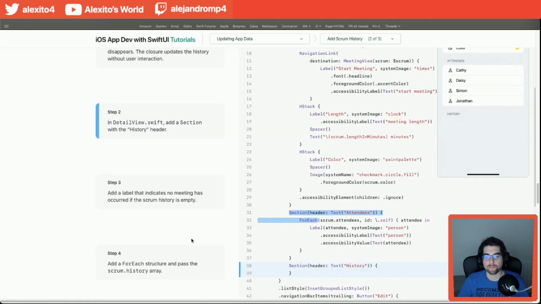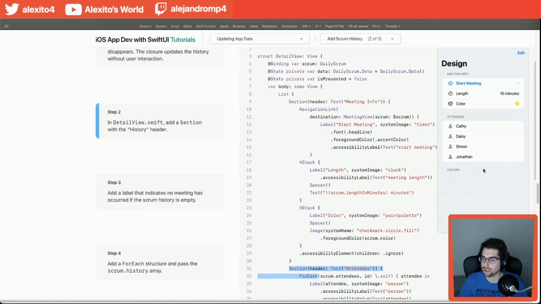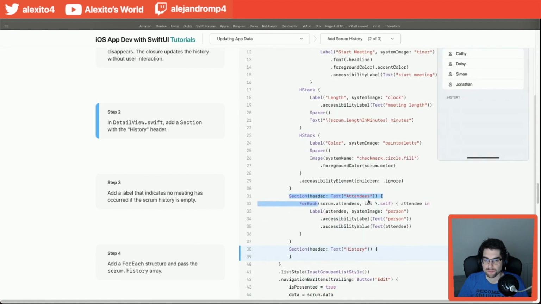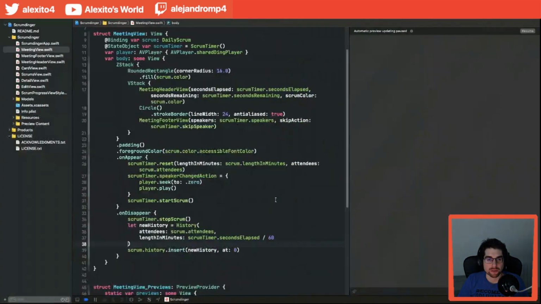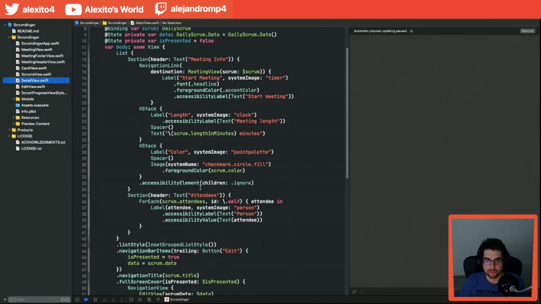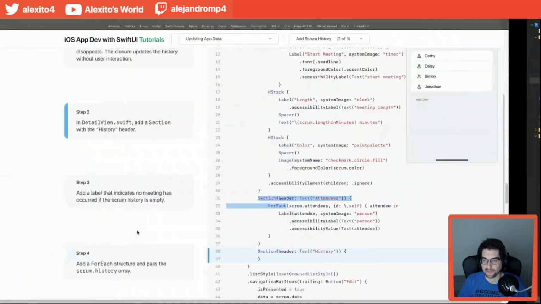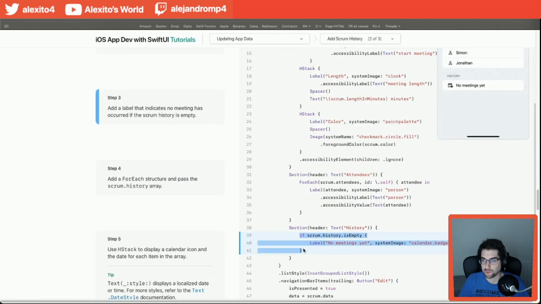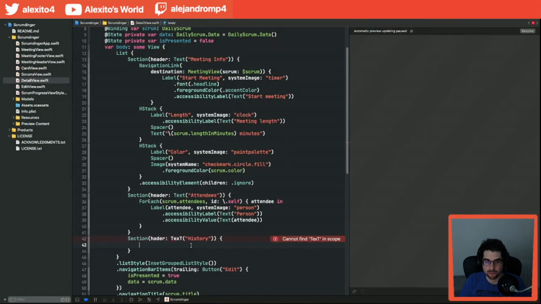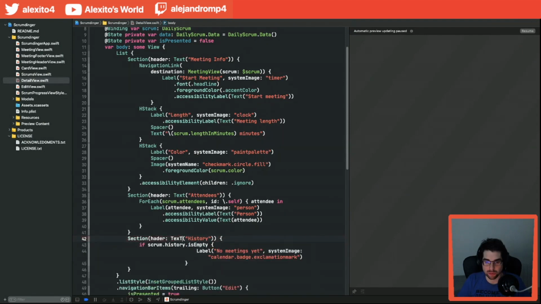So then we add a section for the history header. So how does this look? Yeah, okay, fair enough. So we're going back to the detail view, and we basically add a section with a header that is a text, and we say history, and now we open the section and we can add more things here. Okay, so we add this, which is super